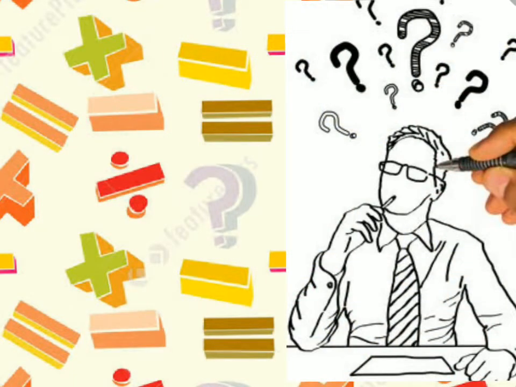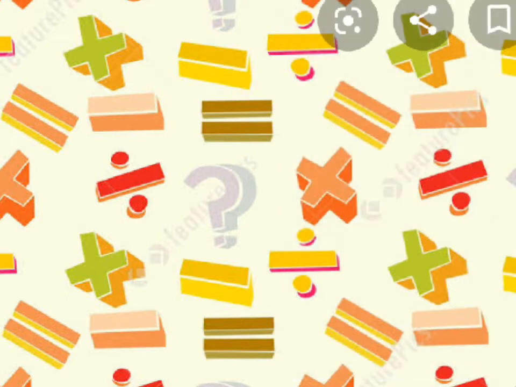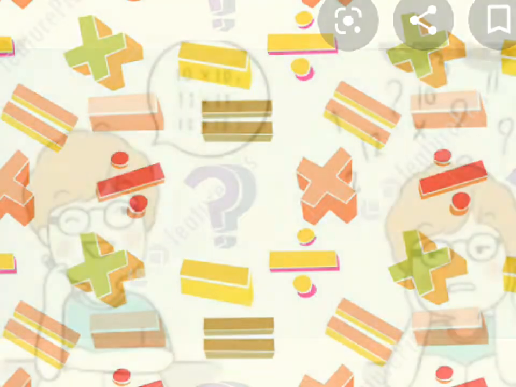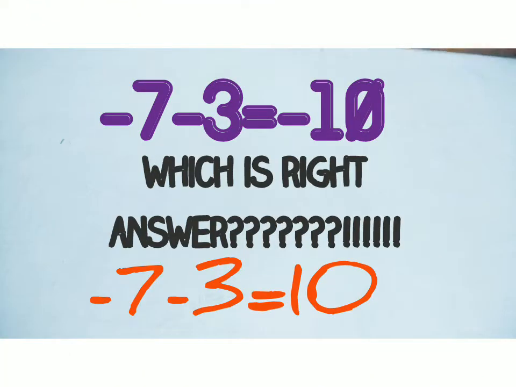Lots of confusion in science. Where do I put a negative sign, where do I put a positive sign, how can I add, how can I subtract? OMG, minus, plus, minus, plus, plus, minus, minus, plus. How will I understand it? Where do I put which sign? Now, no worry. In this video, you will forget about your confusion.